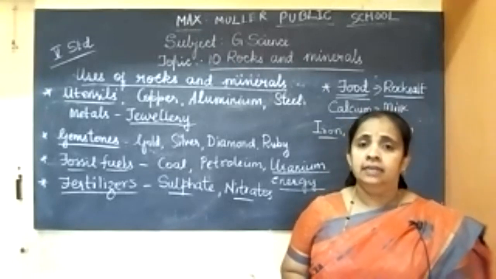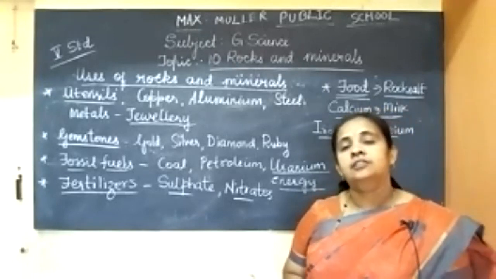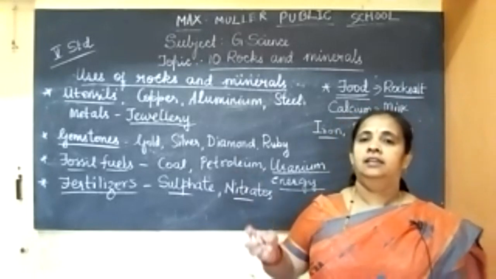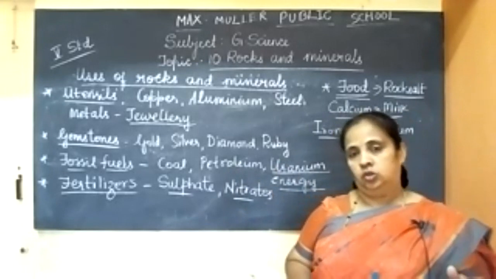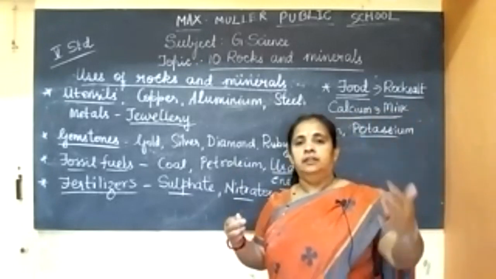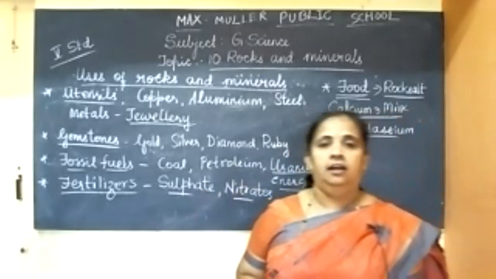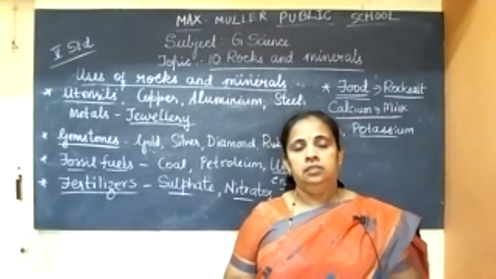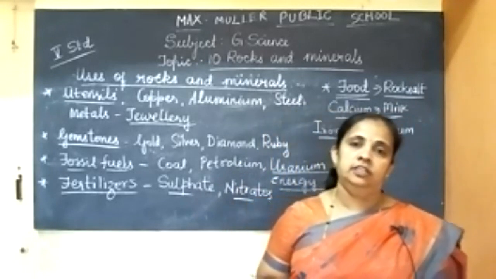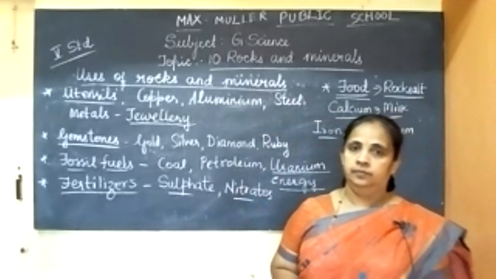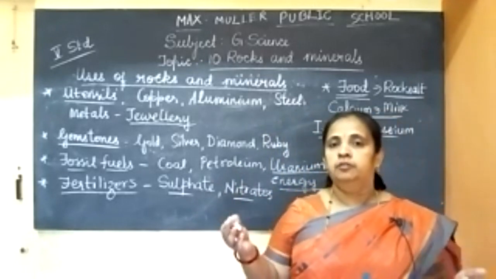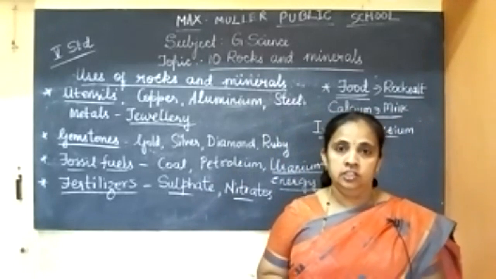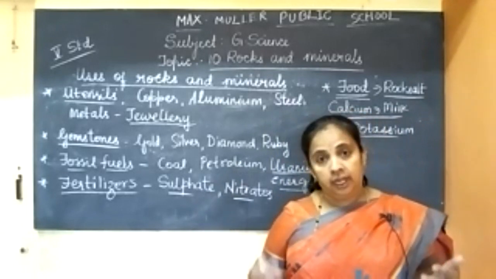So what we have to do: one, we have to use it in a lesser quantity, in a limited way. Other way, we have to use alternate sources of energy like the sun, water or the wind. They are renewable sources. As I said, every day the sun will rise, and we get light and heat from the sun. Like in the last chapter, you have studied the use of solar cookers. And from the wind, we get wind energy, and from the water, hydro energy.